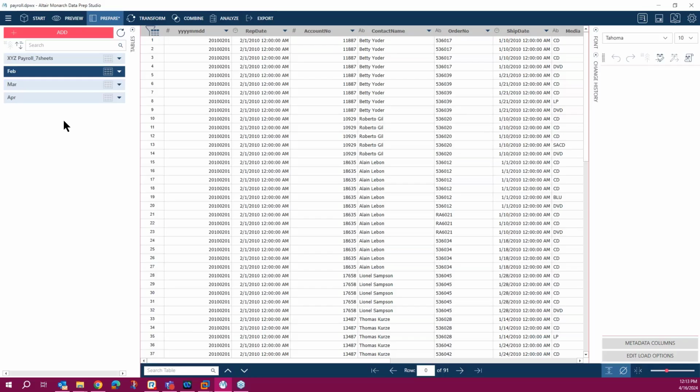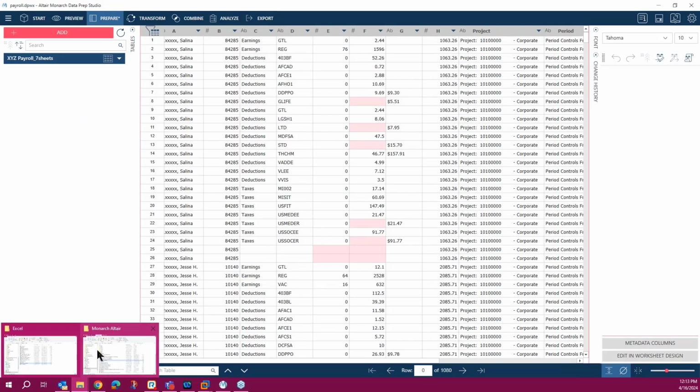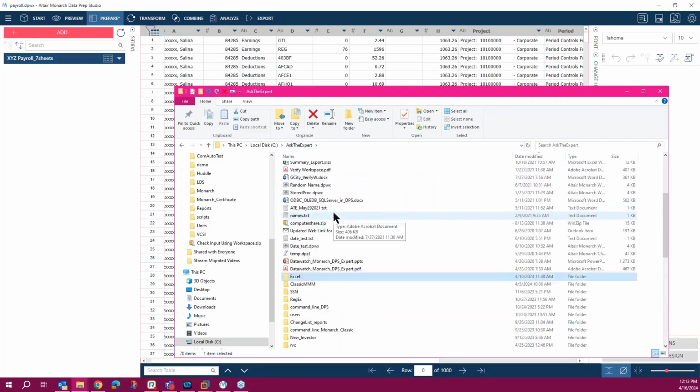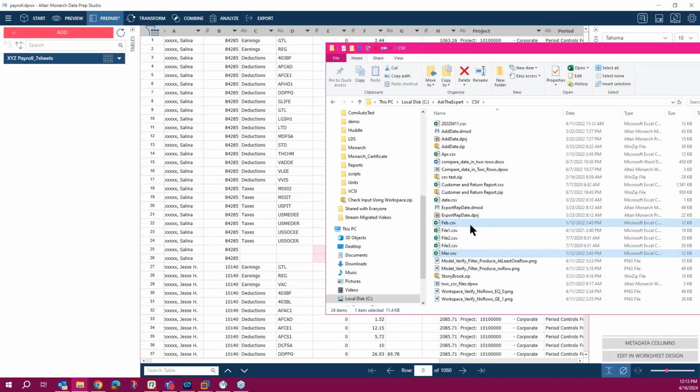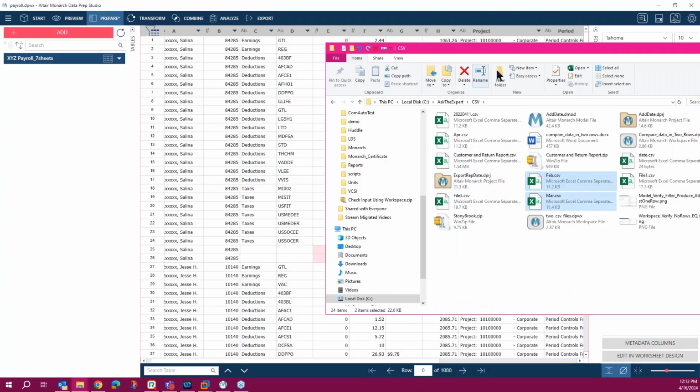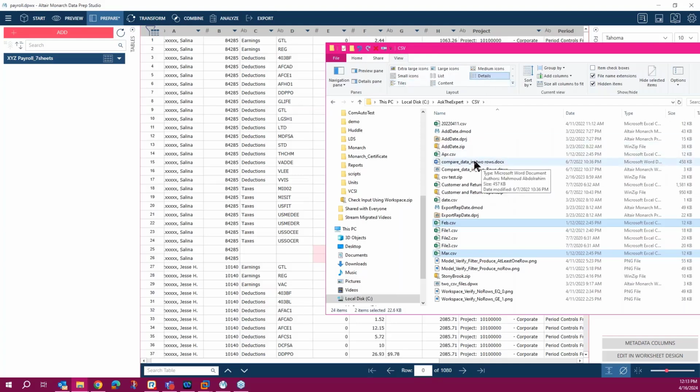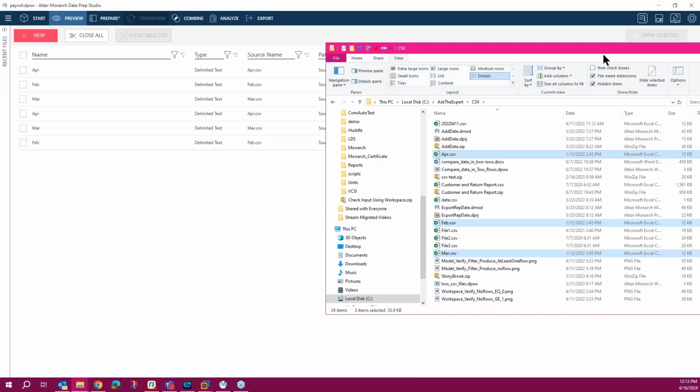But this is how you can just select multiple Excel files and add them, or you can just drag and drop. So if I delete these tables and go to the detail files for February and April, then you can drag and drop them here.